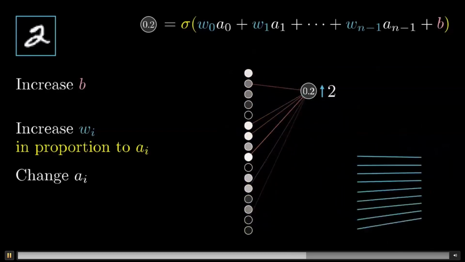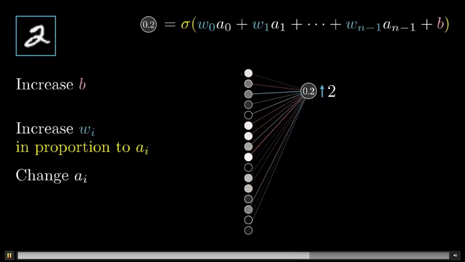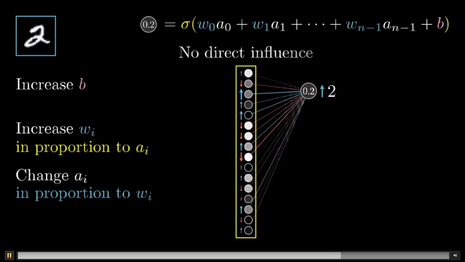Namely, if everything connected to that digit 2 neuron with a positive weight got brighter, and if everything connected with a negative weight got dimmer, then that digit 2 neuron would become more active. And similar to the weight changes, you're going to get the most bang for your buck by seeking changes that are proportional to the size of the corresponding weights. Now, of course, we cannot directly influence those activations. We only have control over the weights and biases. But just as with the last layer, it's helpful to just keep a note of what those desired changes are.